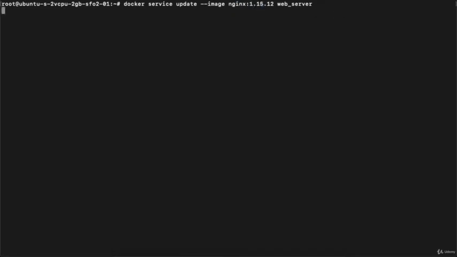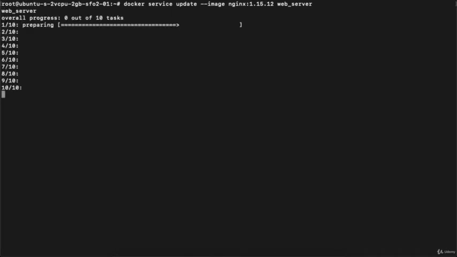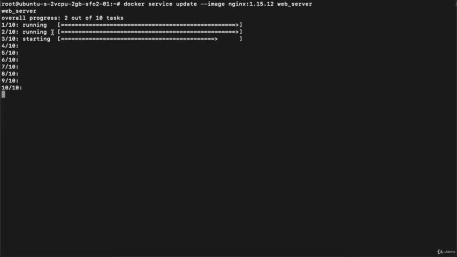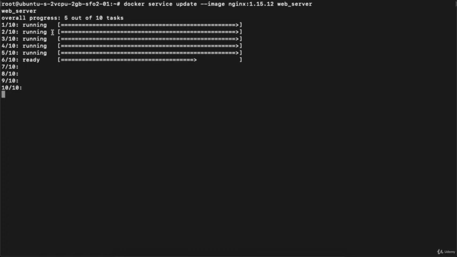Just hit enter. So you can see it will upgrade your service one by one. Over here you can see right now it is upgrading your service on task 1. It means on container 1. Now it is switching to container 2. So this is called the rolling upgrade. It is just picking one container at a time, upgrading your service and then picking another container. So what is happening behind the scenes? It will remove one container from production, right? Upgrade that particular container, then again plug that container back into production.